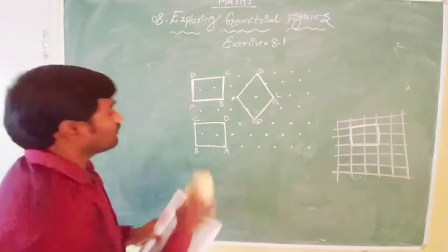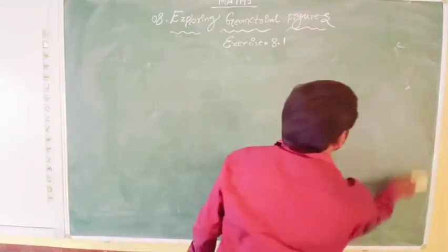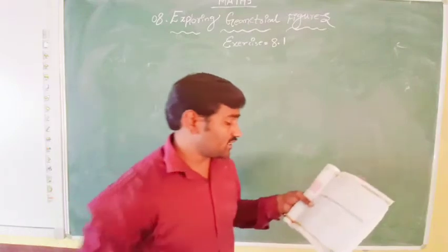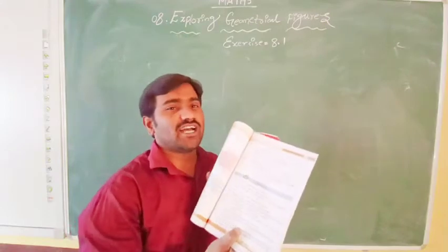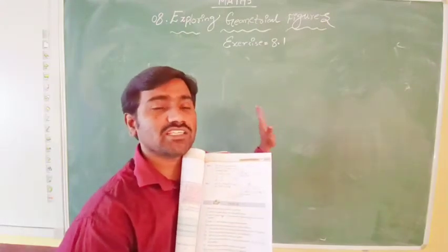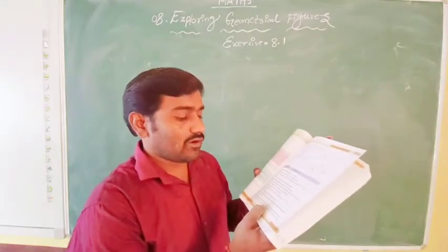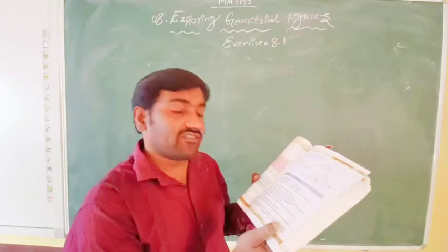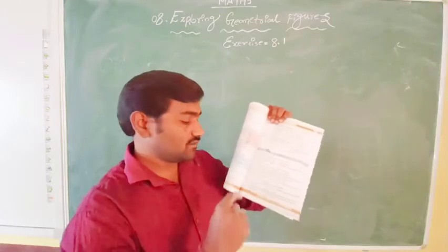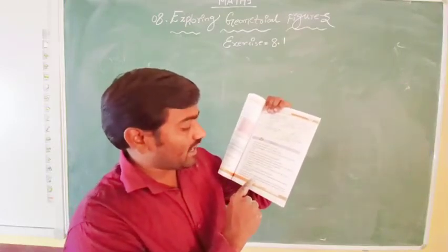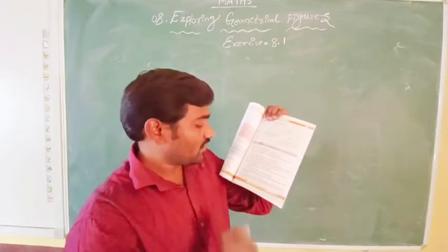Then we go for the 6th one. This 6th one also, you need to do on your own. I'll show you the picture here using a square dot sheet or a graph sheet. You are given a choice of either square dot sheet, isometric sketch or graph paper. You had better use graph paper. Draw a rectangle and construct a similar figure. In the similar figure, find the perimeter and area of both, and compare the ratios and the ratio of their corresponding sides.